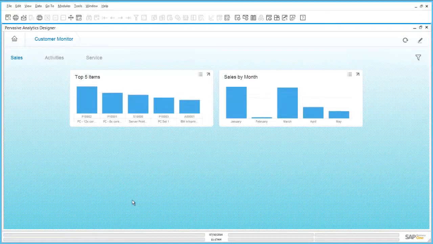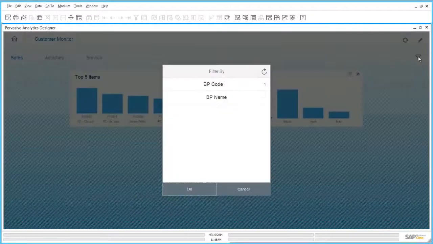And you can see here in this so-called customer monitor the top 5 items in a sales category, and these are only reflecting Parameter Technology. And also the sales by month dashboard reflects only the data in relation to the customer Parameter Technology. You can see this also here if you look at the filters.